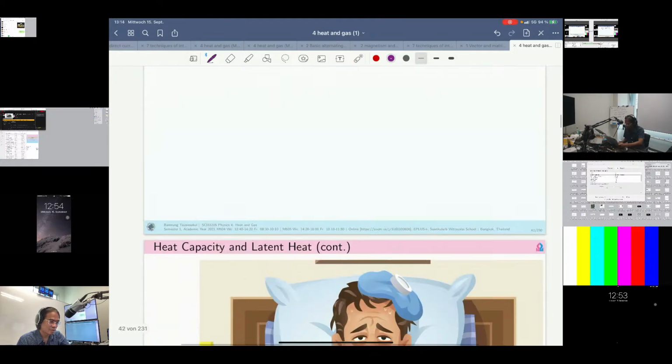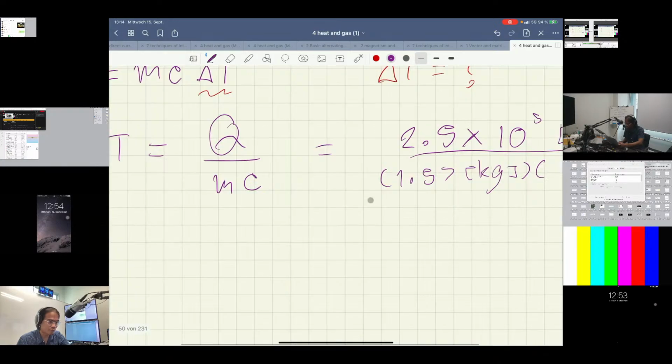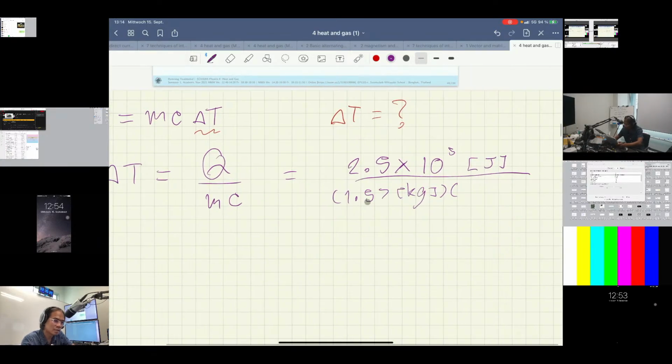In this case we will take the value 448,